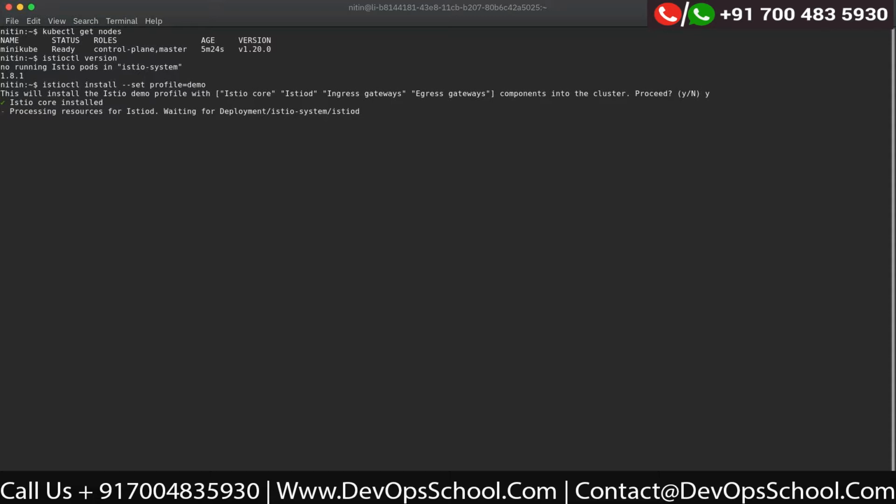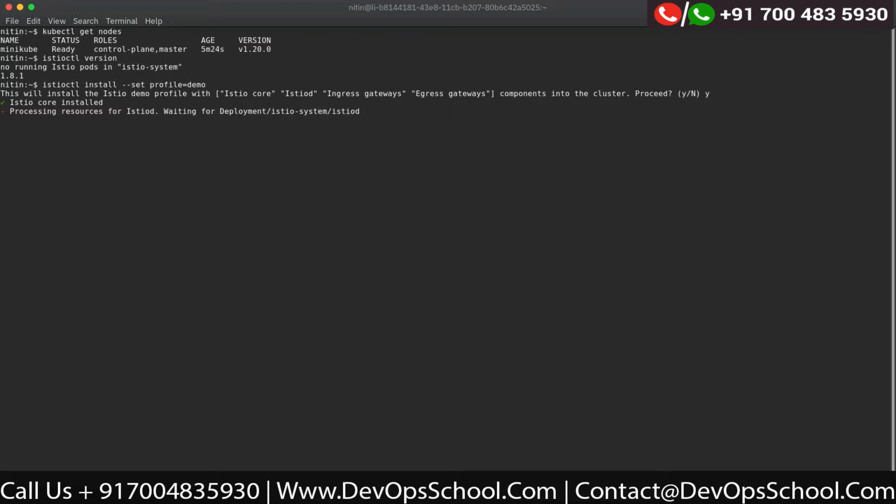Istiod is where all our configuration files go. They are verified that they are correct, and then once verified, Pilot will send them to the sidecars for enforcement. So if you have applied a security policy, say an authorization policy, Galley is going to look at whether the configuration is correct or not, and then Pilot is going to send it to the sidecars.